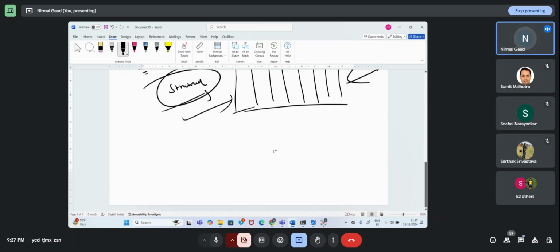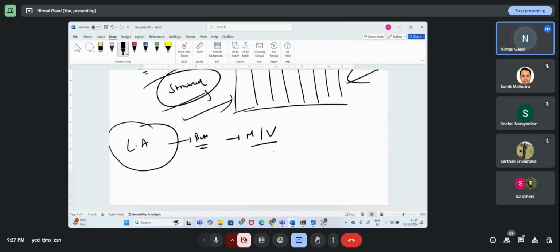And let me tell you one thing, linear algebra is the base of everything. Whether you are doing machine learning, deep learning, or generative AI, it is matrices and vectors. Because in maths, only when you can represent the data in the form of a matrix or vector can you perform the operation.